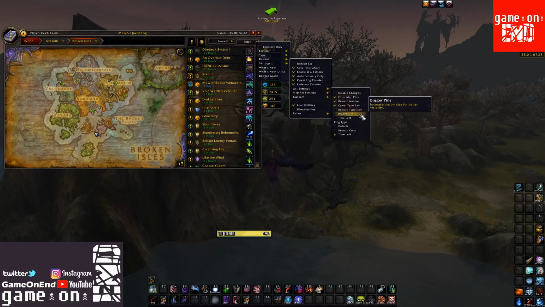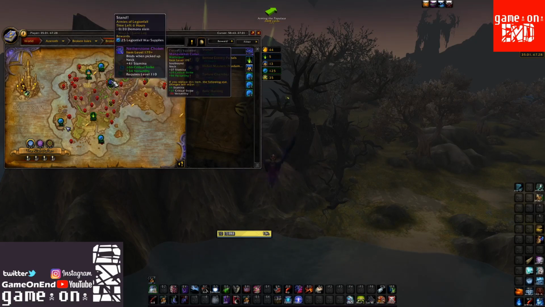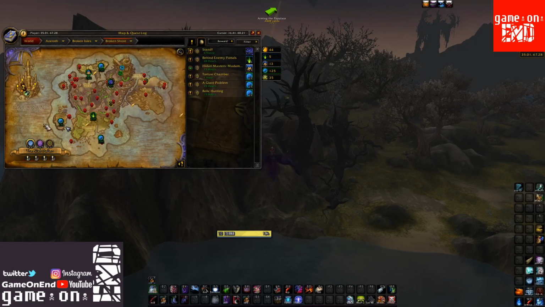We can do larger pins if you have trouble seeing them, and see how much time is left on the pins. And then we can show these little rings, which is my favorite part of this add-on, is that right in each quest you can see the duration until this quest goes away. So we can see ones that are short, and it's nice, we just turned on showing the time on it, but you can turn that time off